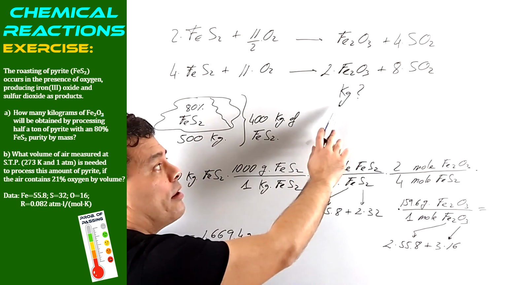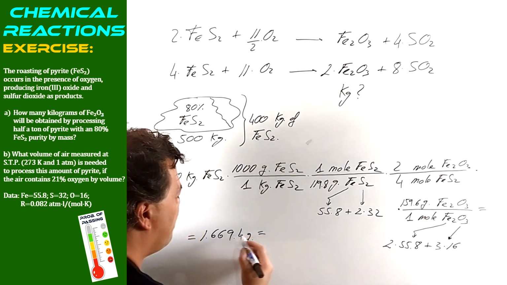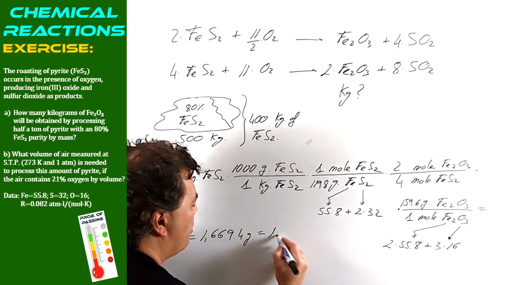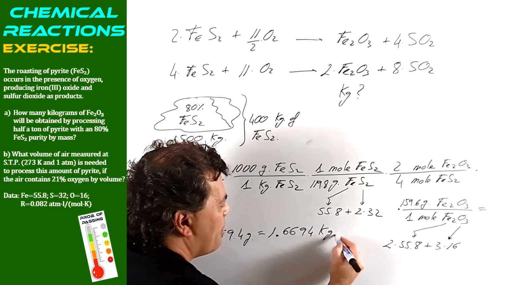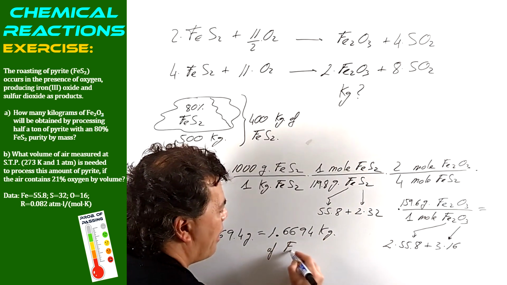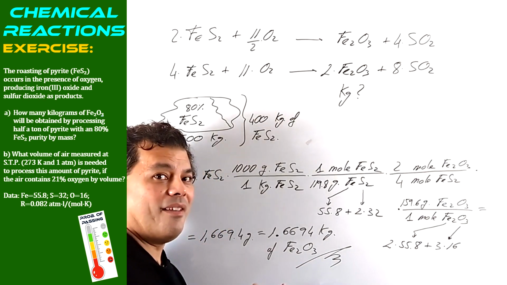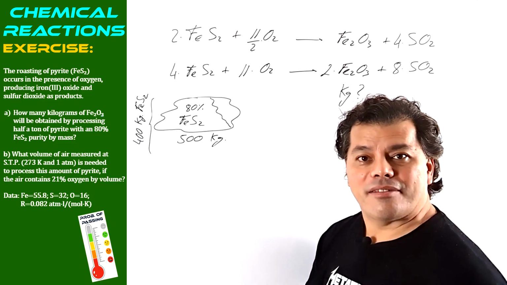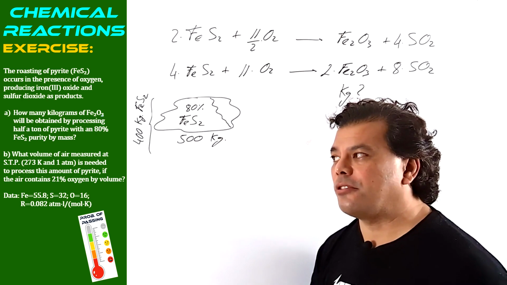But as we are asked to express the result in kilograms, this is 1.6694 kilograms of iron 3 oxide. Easy, right? And finally, let's read together section B, which says, what volume of air measured at standard